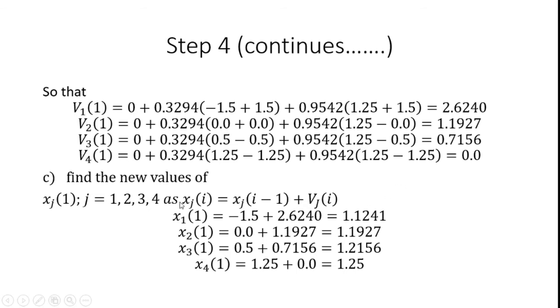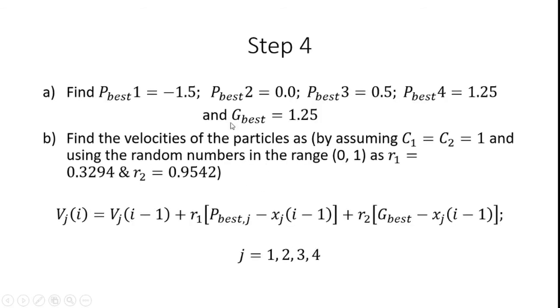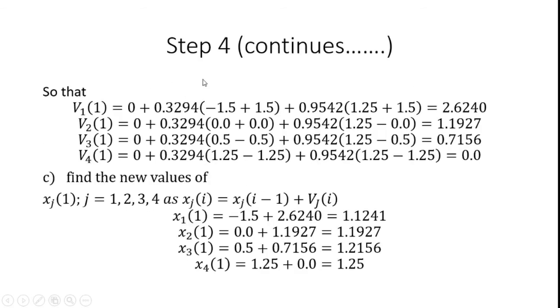Here x1 of 1, how do I move to the next point? The equation is xj of I is equal to xj of I minus 1 plus vj of I. Here x1 of 1 is equal to minus 1.5, the previous point is minus 1.5. Here I add this value, 2.6240, that I got from iteration 1. So minus 1.5 plus 2.6240 is equal to